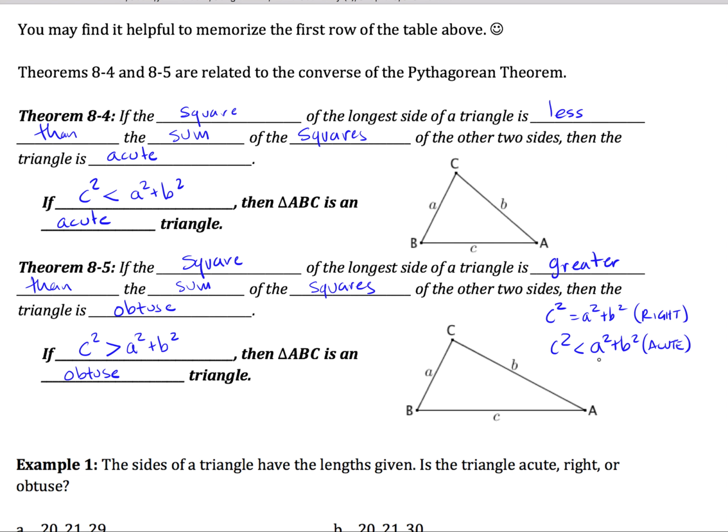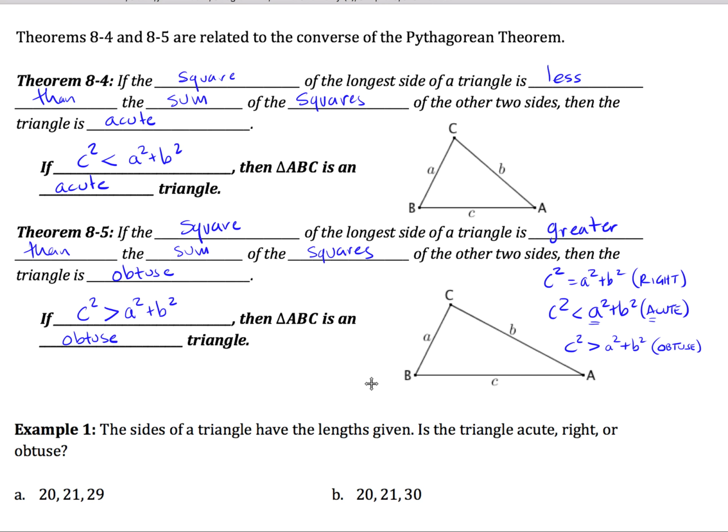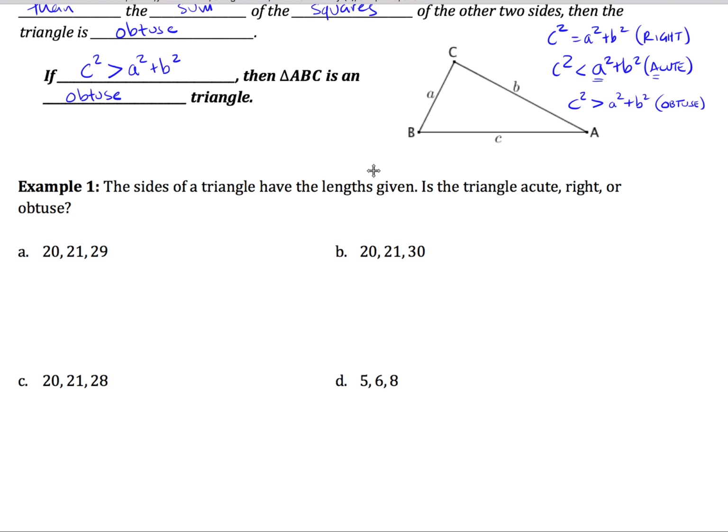And I think of it as when A squared plus B squared is bigger, it's acute. Right, so the A's kind of go together. A squared plus B squared being bigger, acute. And lastly, we know that when C squared is bigger than A squared plus B squared, that's when we're looking at an obtuse triangle. So let's do just a few examples real quick where we can apply those three potential